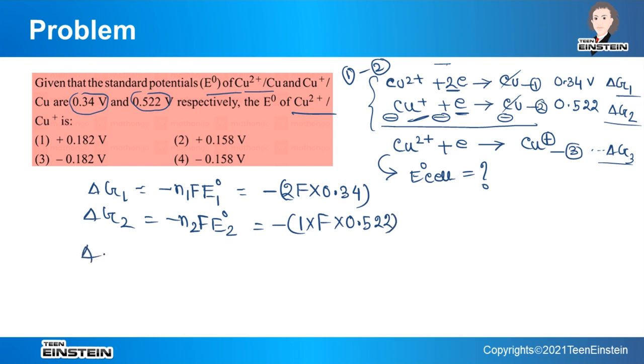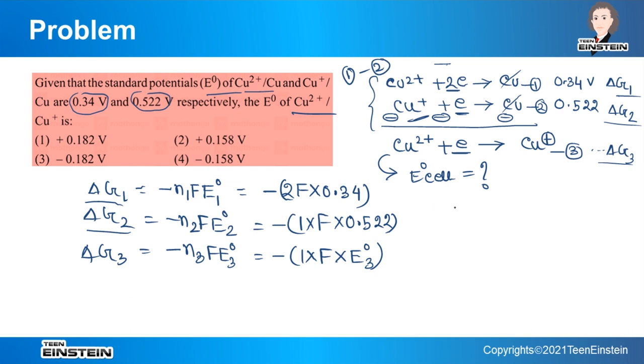And del G3, the number of electrons involved here is also 1. Suppose this is n3F E03, that is 1 into F E03. We do not know E03, that we have to find out. Now from this equation, as we have subtracted 2 from 1, del G1 and del G2 these two